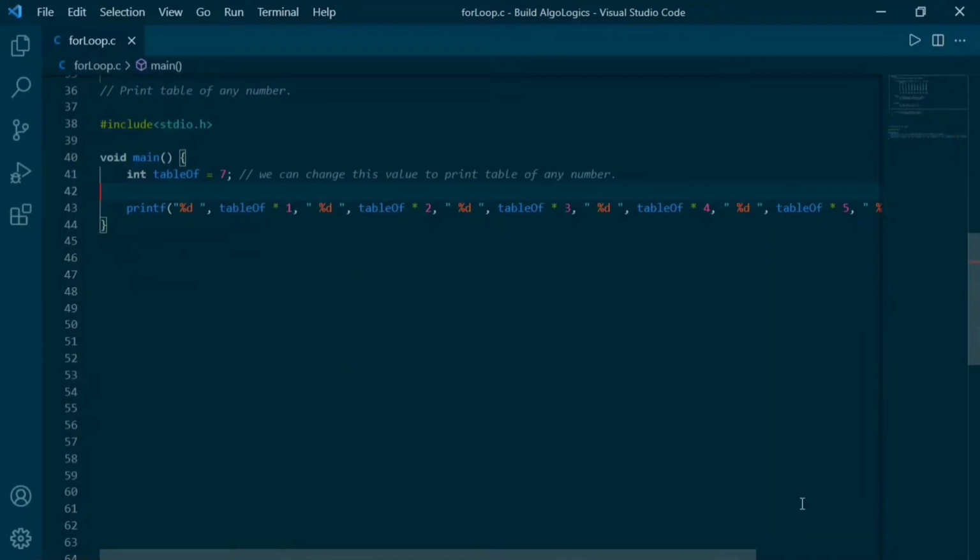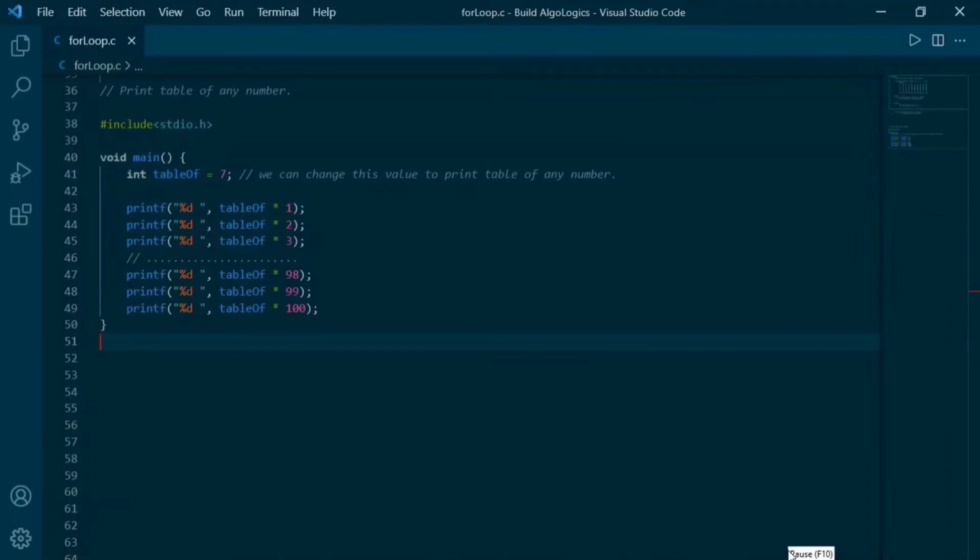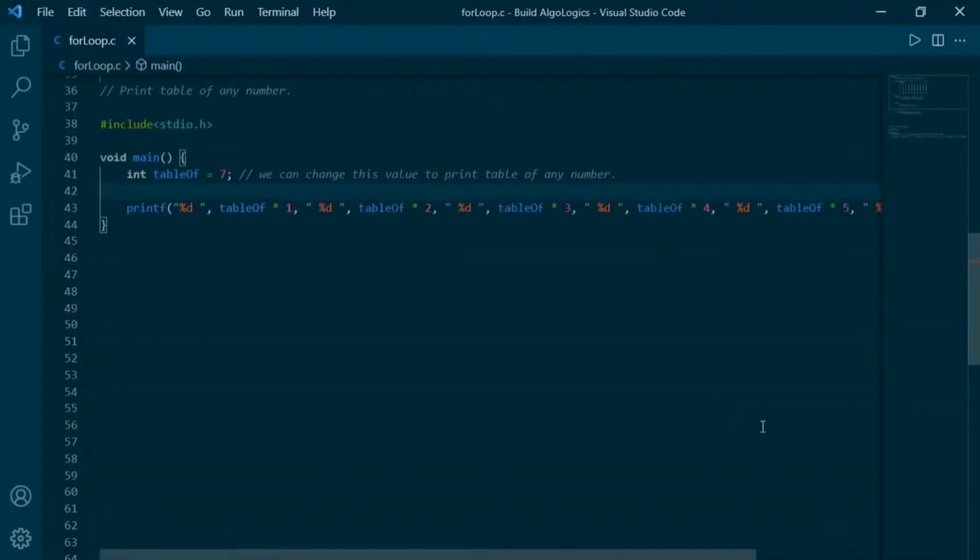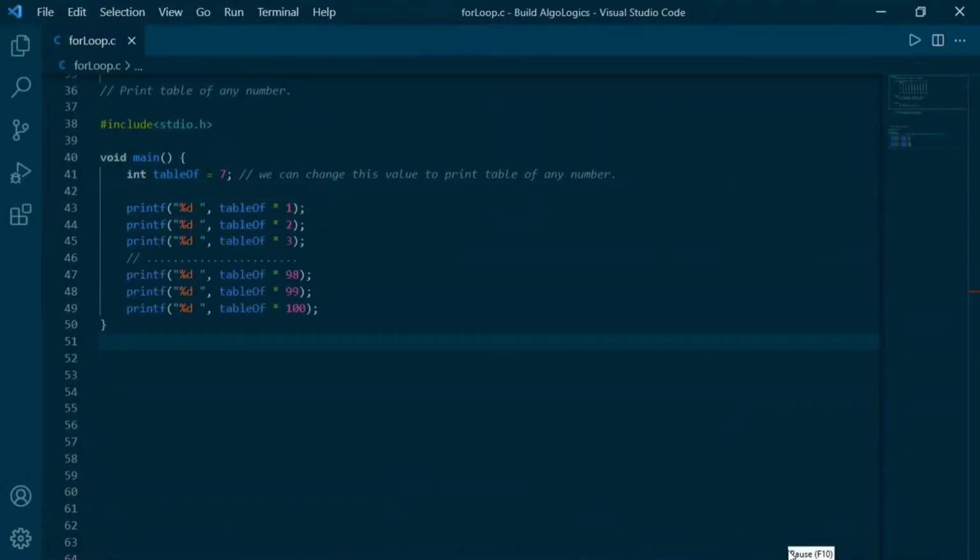I completely agree, but what if I tell you to print the same table 100 times? Instead of multiplying this table value from 1 to 10, now I want our output to be printed as multiplication from 1 to 100, like this. Will you write this code in the same way as we wrote earlier, or will you try to find some better way to structure it? I'll choose the second option. Now we'll see how we can write the solution of this problem using the for loop.